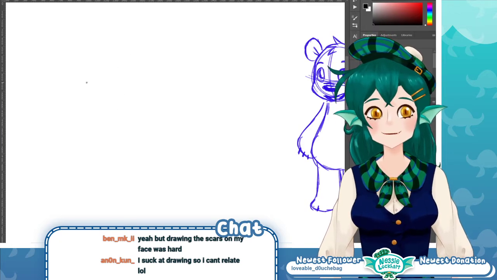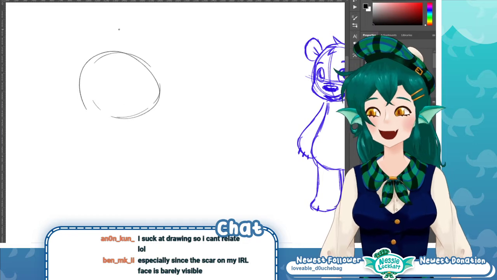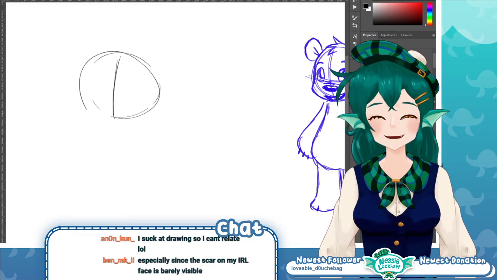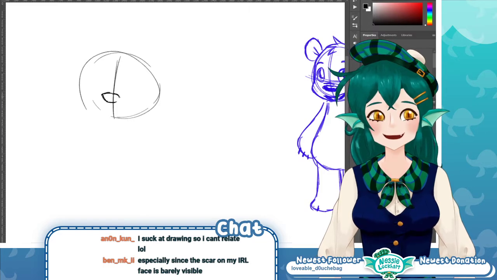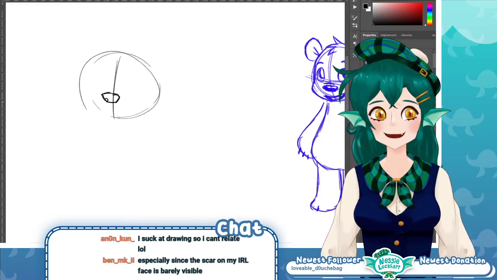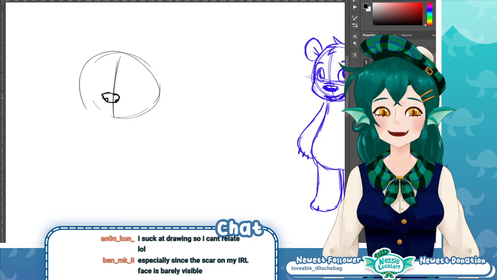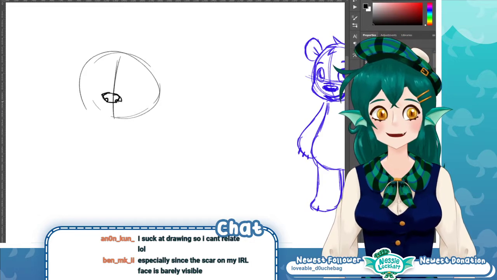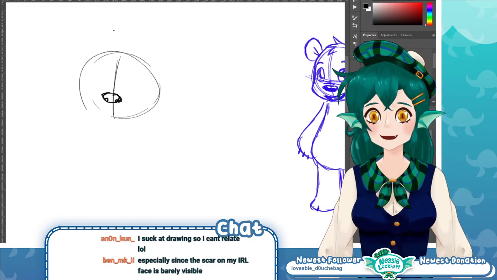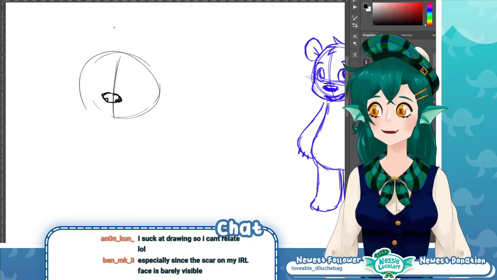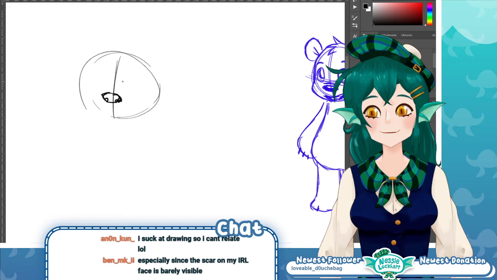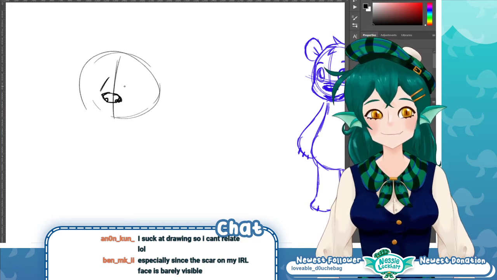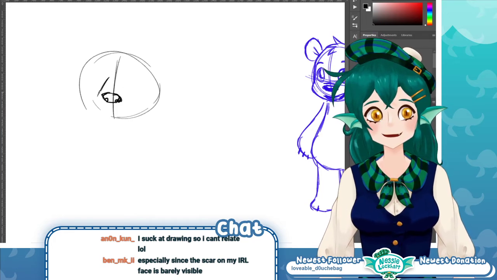I feel like maybe some people feel like they have to draw, but if you're not interested in drawing, it's not like you have to draw. But if you're aiming to, references are a good place to start. Especially since the scar on my real-life face is barely visible. Yeah, when it's barely visible, it definitely makes it a bit harder.